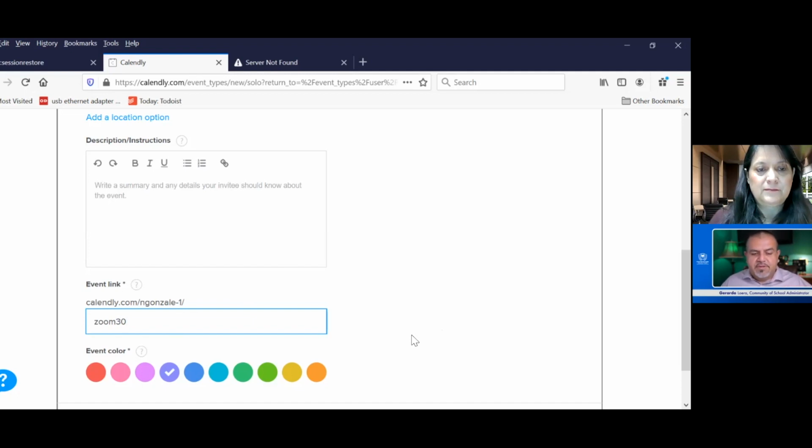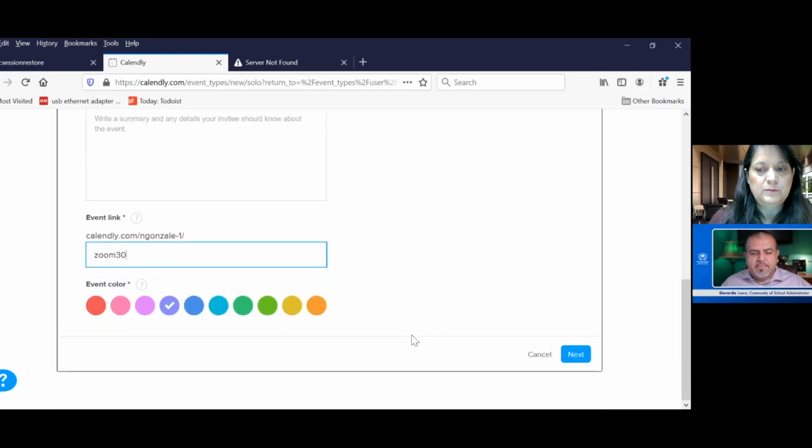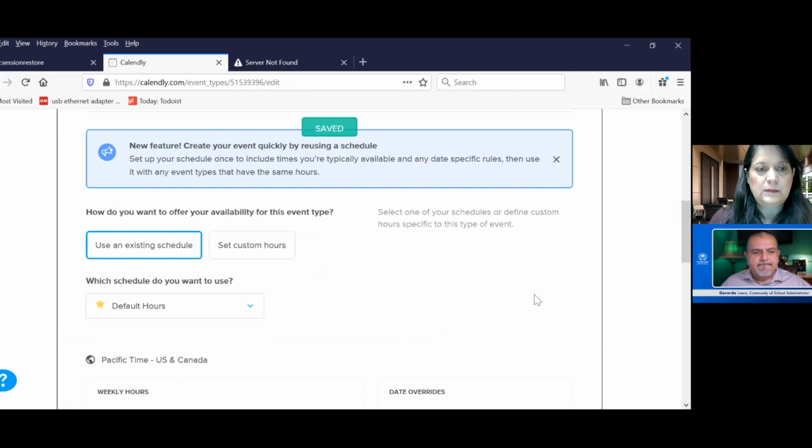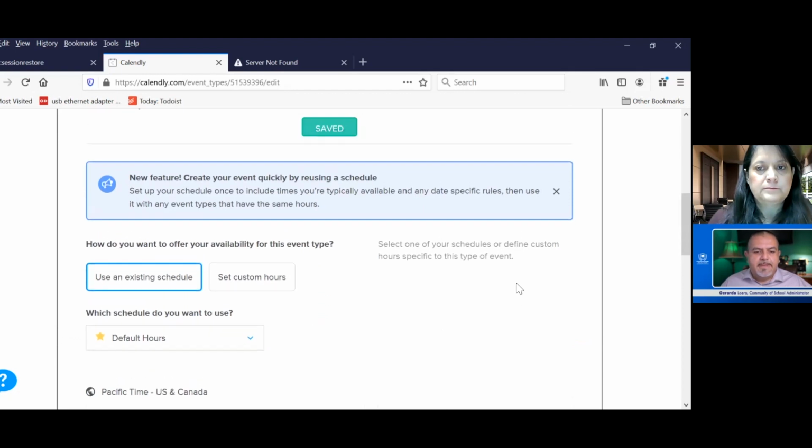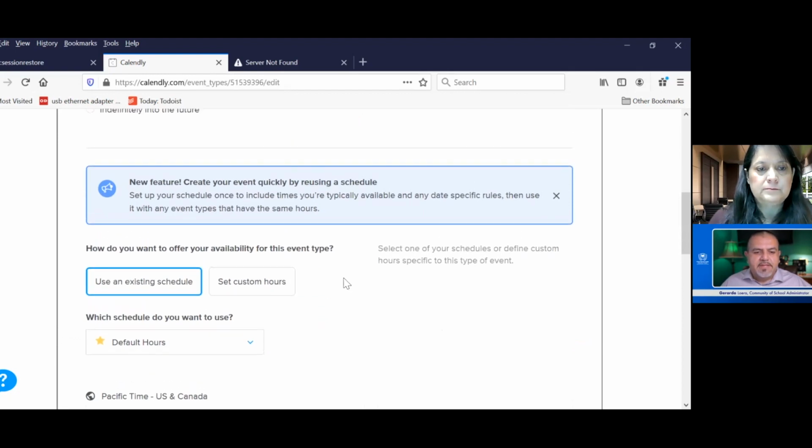Zoom 30. So scroll down and click on next. All right, and go ahead and click on use existing schedule. So what we've done thus far is activated Nora's account with Calendly, activated the Zoom integration. What we're gonna do next is establish the actual hours that Nora would be available to meet with people, because